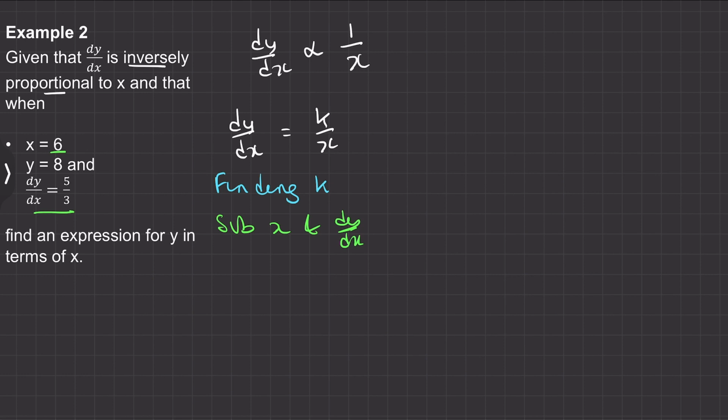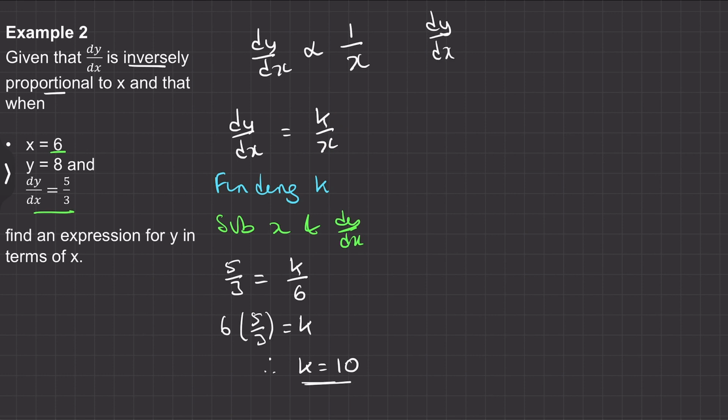So we've got 5 over 3, dy by dx, is equal to k over x, which is 6. We'll multiply both sides by 6. So we've got 6 times 5 over 3 is k. So therefore, k must equal 10. And now we can substitute this 10 back into our model up here. So dy by dx, I'll just block this off so we keep it organized, will be equal to 10